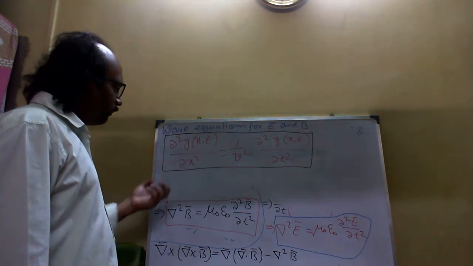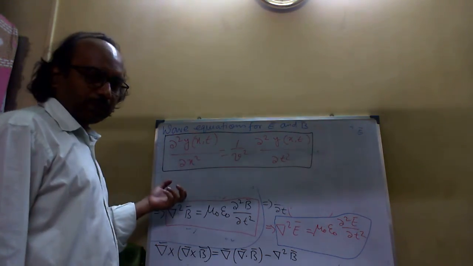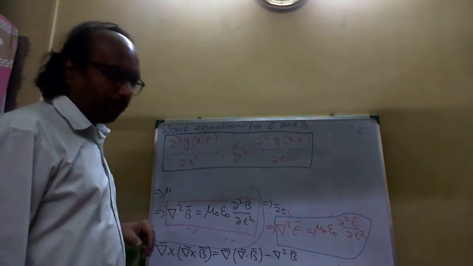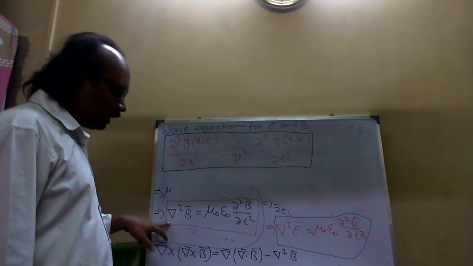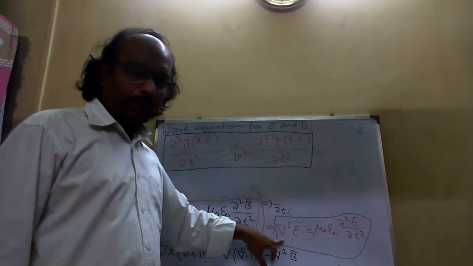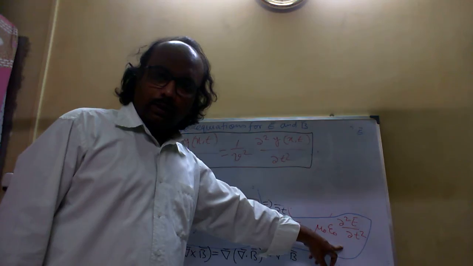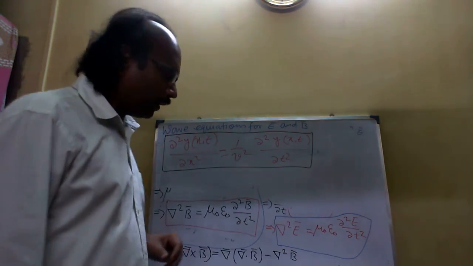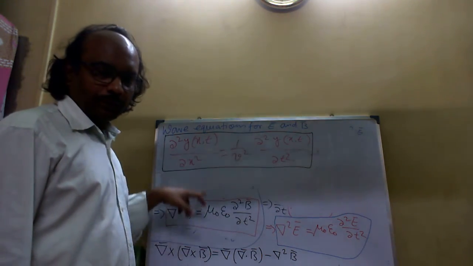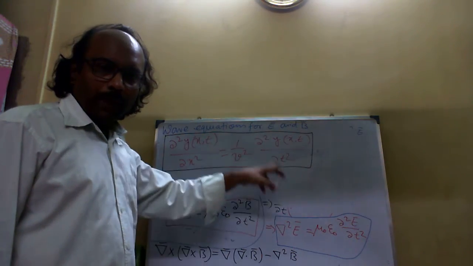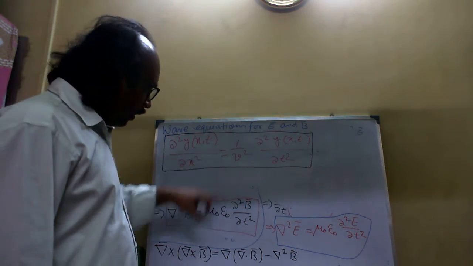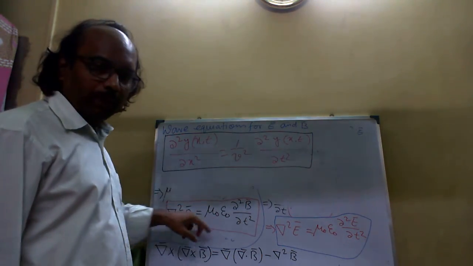So left hand side is the derivative with respect to space, right hand side derivative with respect to t. Both sides we have second order derivative. Similarly, here we also see this is a space derivative. This is the time derivative for magnetic fields, and this is the space derivative for electric field, and right hand side is the derivative with respect to t, and both are second order. So that means all are basically following the same wave equation. Now here v is the velocity of the classical wave. What about this, epsilon naught mu naught?